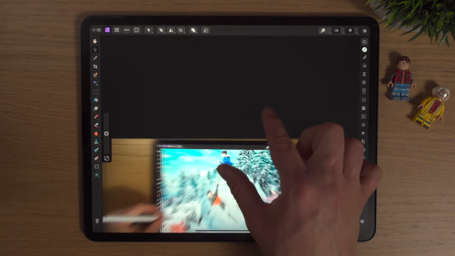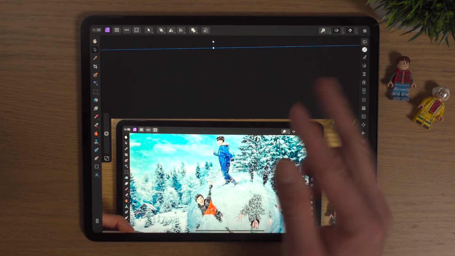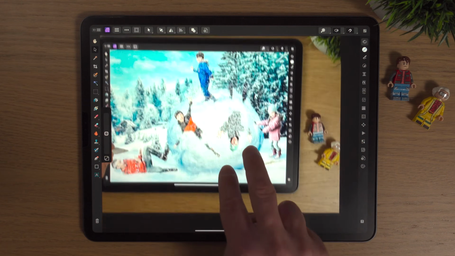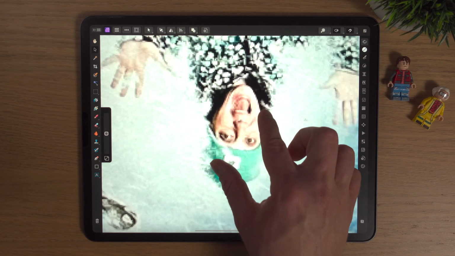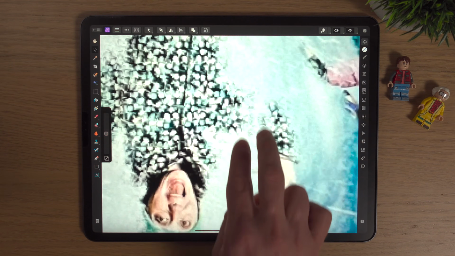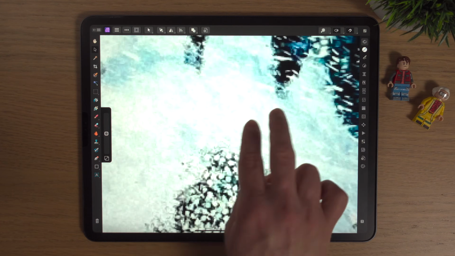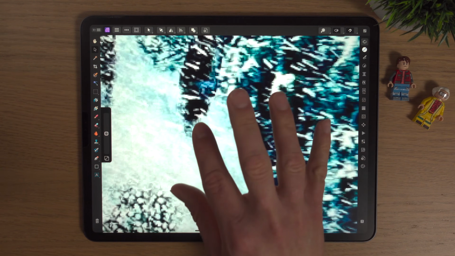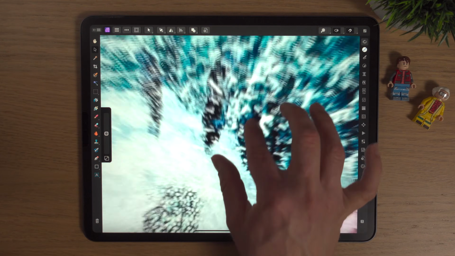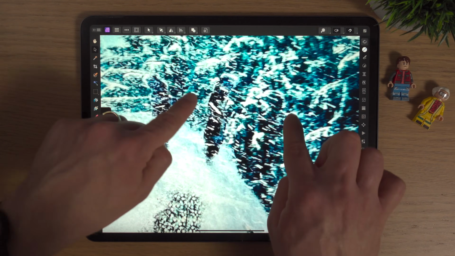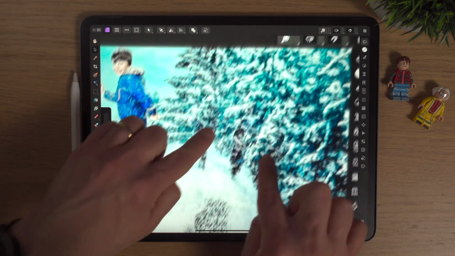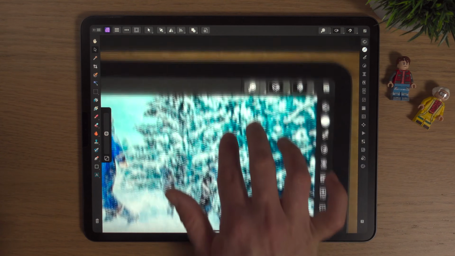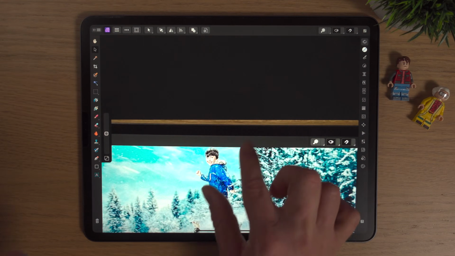And I've showed you about zooming in and out by pinching. If you use any two fingers, you can actually move the canvas about. So if I want to zoom in on my wife's face here and then look about to see how things are looking, I'm simply using two fingers. It can be a finger and thumb, or any two fingers, or if I put my Apple Pencil down, two separate fingers on two different hands. It'll simply move around the canvas, but normally I use a finger and thumb, or two fingers. I think normally it's a finger and thumb. And if I zoom out,